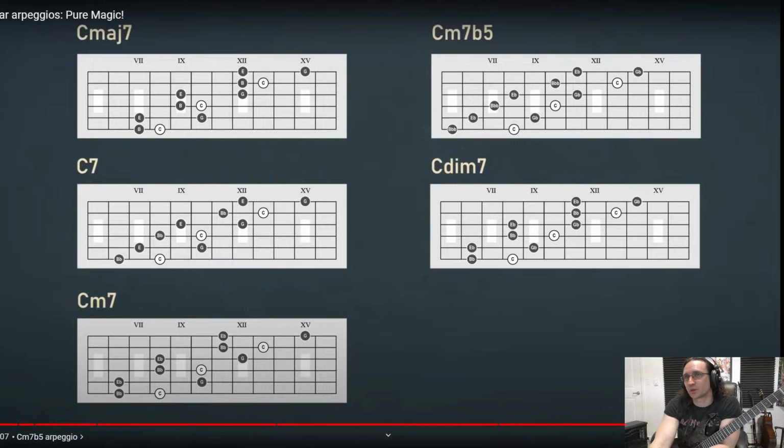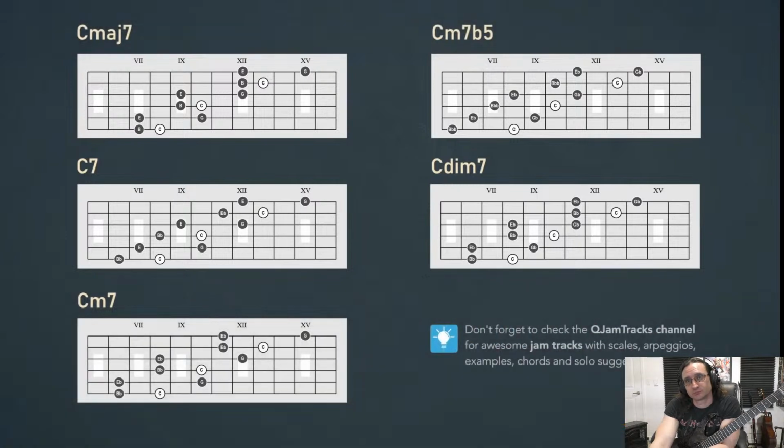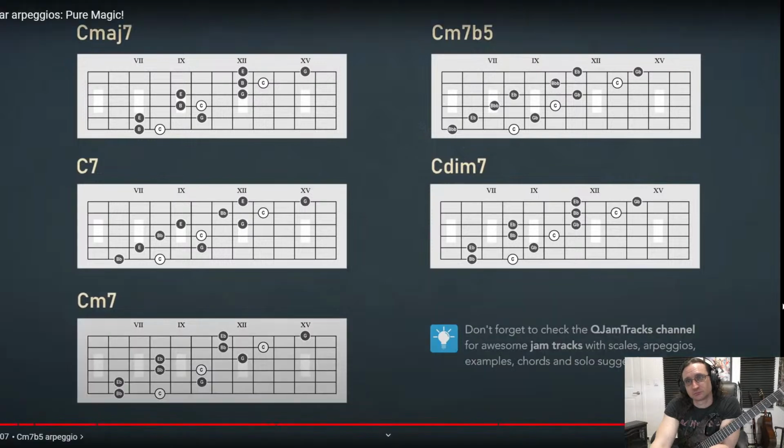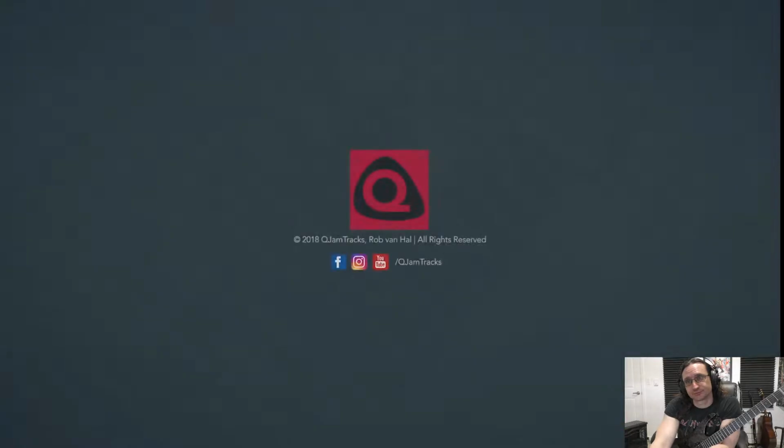So playing arpeggios doesn't need to be that hard if you use these formats. Although I advise you to learn more variations than these patterns only in order to gain some flexibility and diversity when playing solos that bear arpeggios. Well, I hope this was crystal clear for you, and I'll see you next time in a new Jam Tracks guitar tutorial.